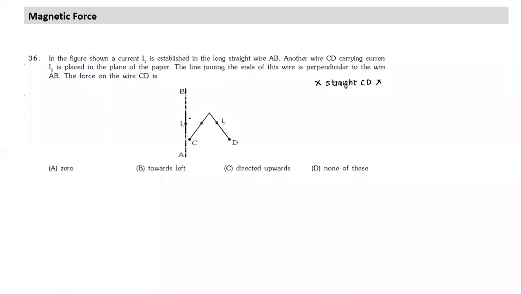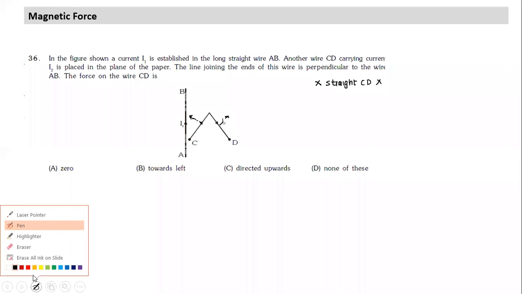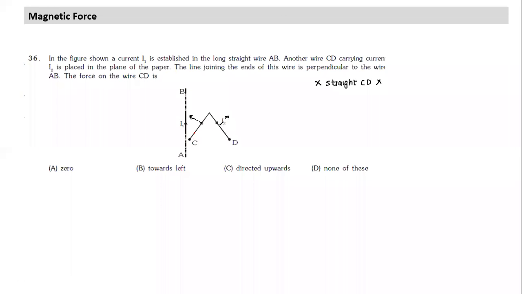Prima facie, we look at this: the force will act in this direction on this element, and this will act in this direction. So we need to find the net force on the entire CD. What we can do is always take a corresponding pair. What I understand by a corresponding pair, we are interested in direction. So if I take a piece here, let me take an equivalent piece here also, something like this.